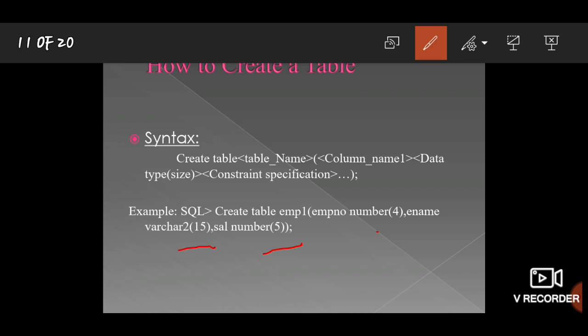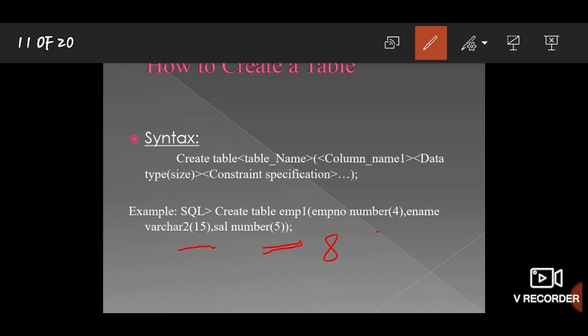Suppose you had already created a table and then you want to make some changes, for example change the size of the salary from 6 to 8. For that, you have to modify the table, and for that modification you need a syntax, right? Before going to see the modification, first you had taken a syntax for the creation of the table.